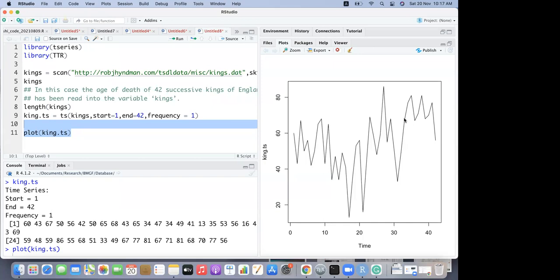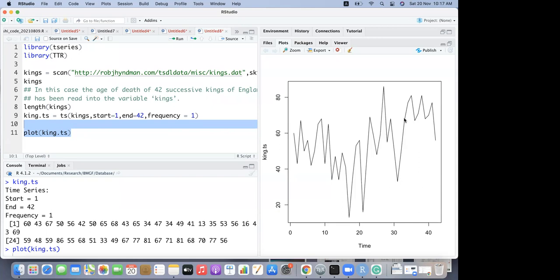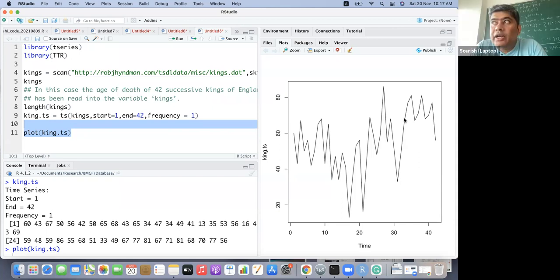It's difficult to comment on its stationarity. I mean, it looks stationary, but it might not be. Looks like a stationary time series means it might have a constant mean or constant variance. And so we can check it out, right?